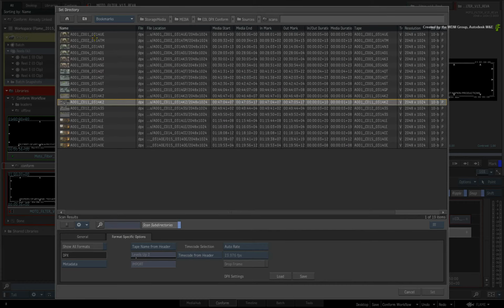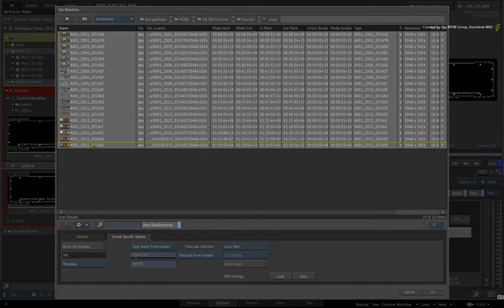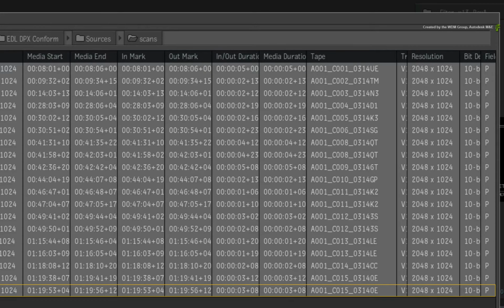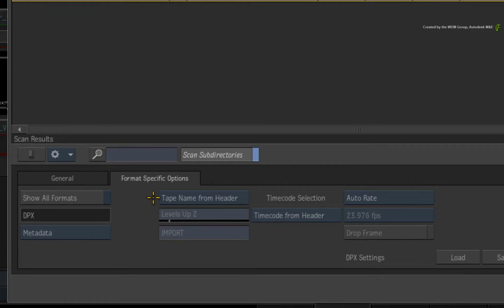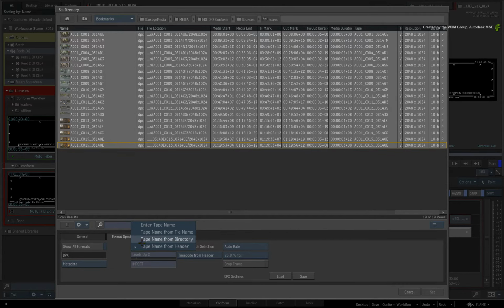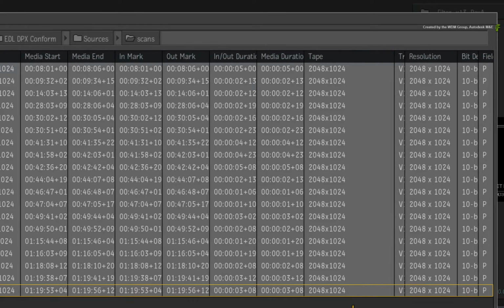Now I'll select all the media using Shift-click. Currently, the tape name and timecode being assigned to all the clips are derived from the header of every DPX frame. Switch the tape name to be applied from the directory. The tape name is now being sourced from the directory 2 levels above the DPX sequences. If you switch that to 1 level, the tape name being applied to each sequence is now the resolution directory